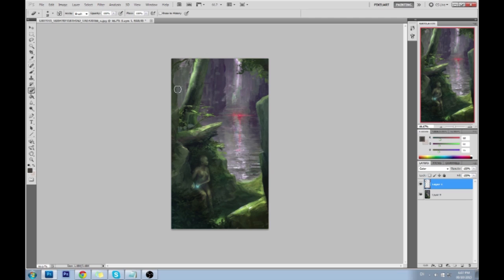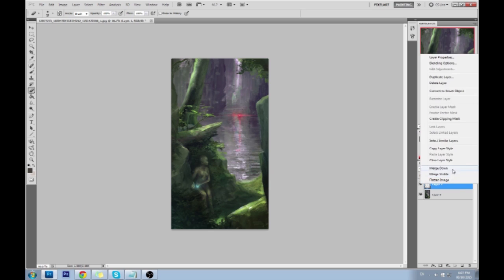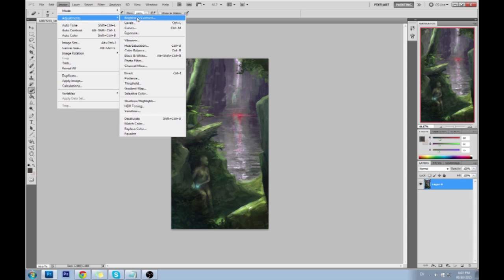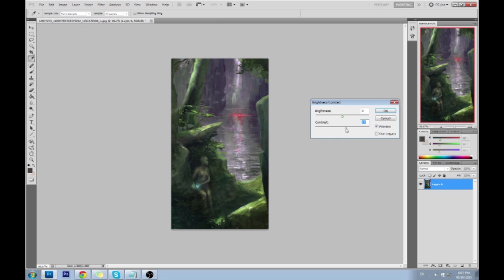Erase away some of that. I'm going to keep that purpley green brown color that I just added only over the shadows. With my adjustment layer, I'm just going to fix the contrast just a little bit. We need a little bit more contrast because this object is in the foreground.